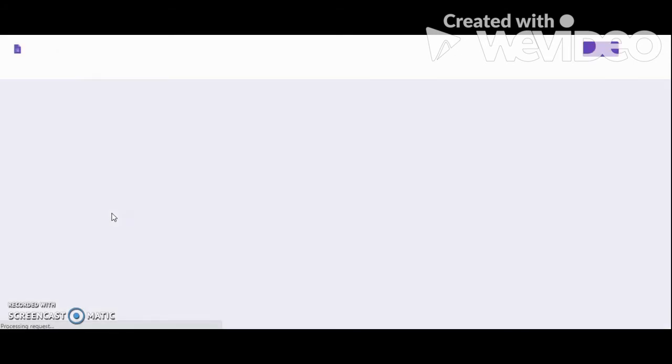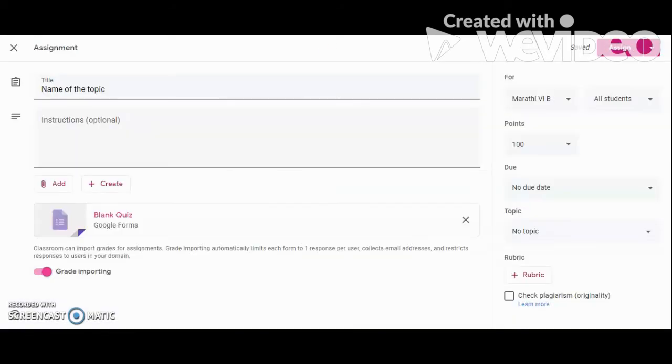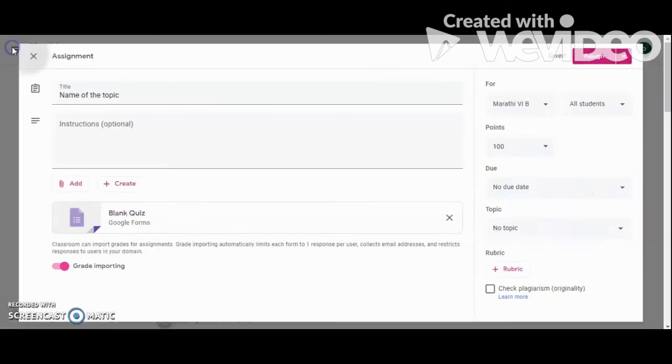Now when you click on it, automatically this has got saved, and so you can see this. The next is this part. You've already learnt about this part in the assignment section. So let's move on to the next